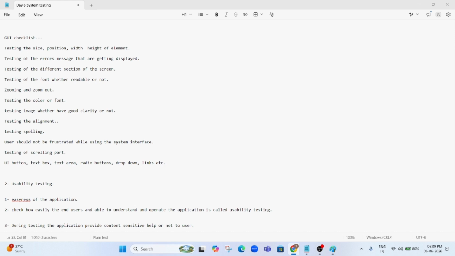So the aim is to determine whether the user can complete a task easily, measure how quickly the user learns to use the system, identify confusing screens, buttons or workflows, and improve user satisfaction and efficiency. That comes under usability testing. Scenario: a tester asks a user to buy a mobile phone from an e-commerce website. Like an example,